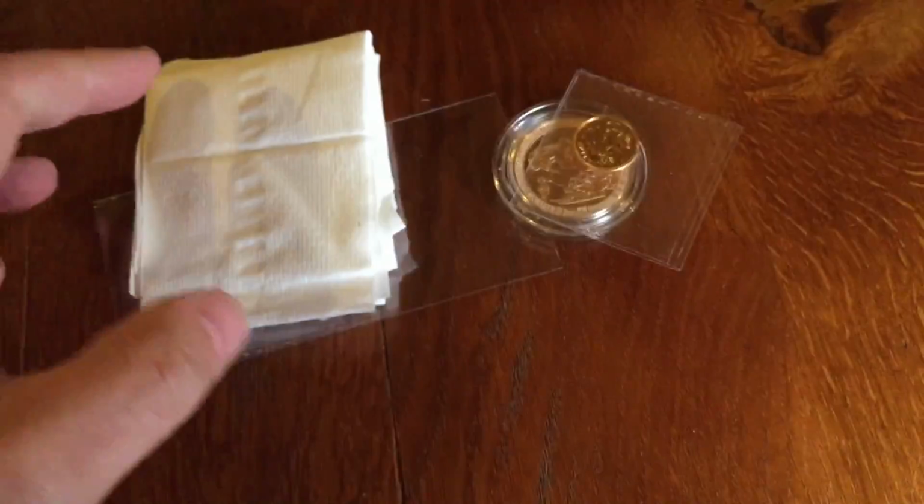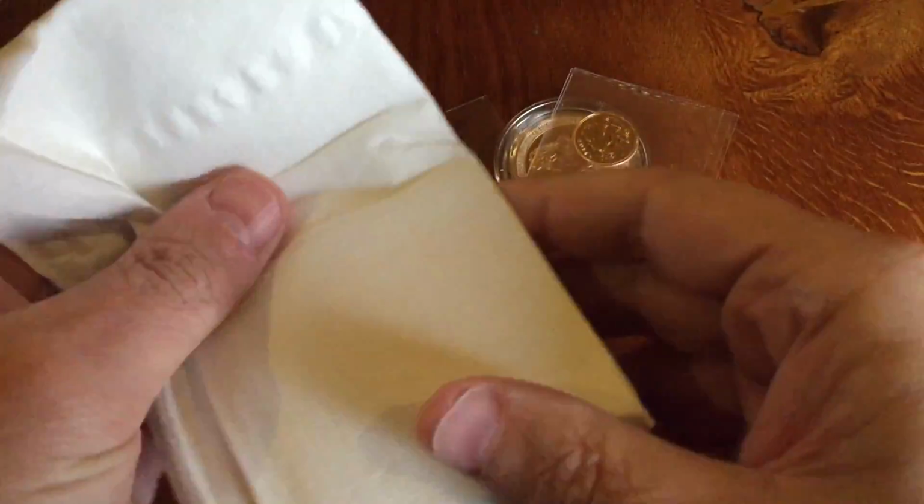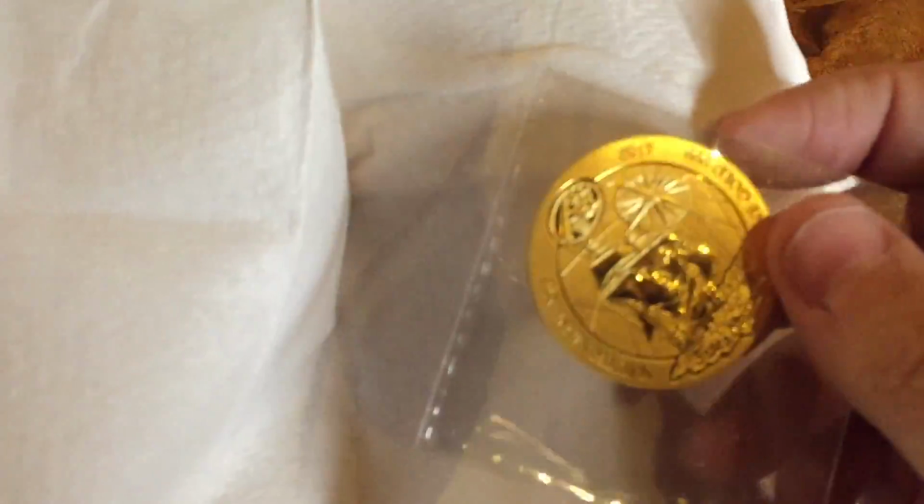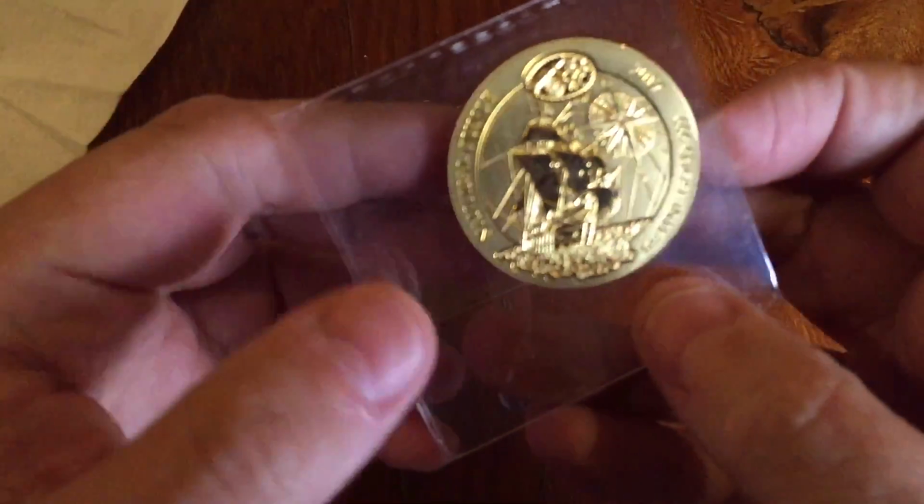The 2016s still elude me. I did see a half sovereign from 2016 on eBay the other day, and I tried to buy it. Some other lucky person managed to buy it. I think the time zone didn't let me make the final bid. Okay,